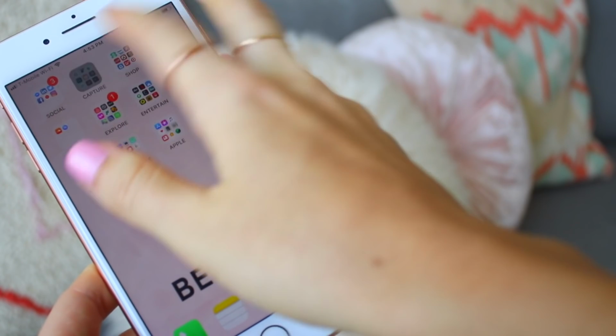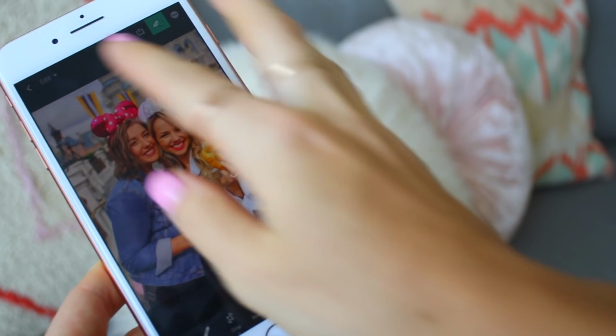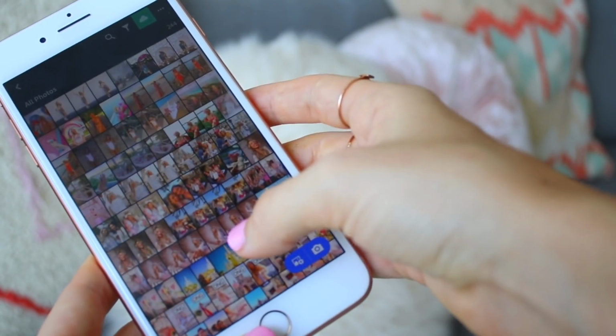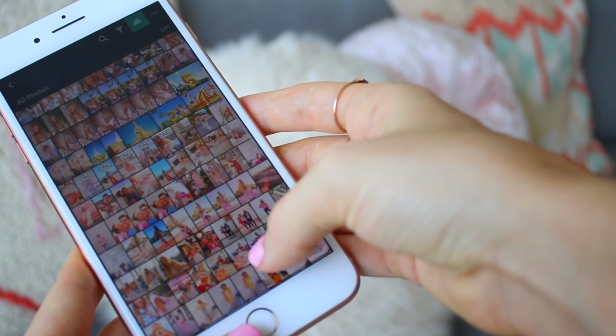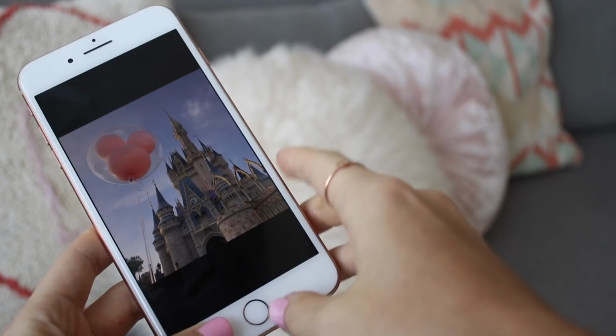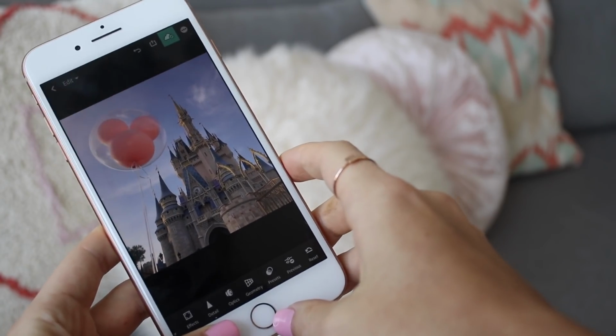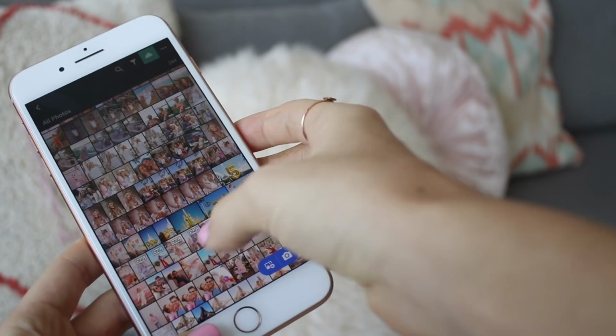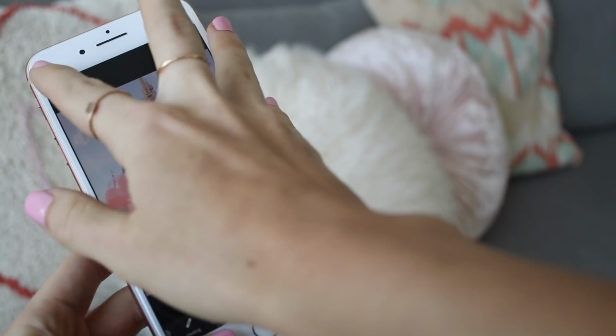Next, I want to just take you through Lightroom and show you how editing plays a big part in my Insta Stories. So really, you just want to start with a solid image that has really great colors and all that. So here's an image I took at Magic Kingdom, and right now it's cute, but I definitely want to brighten it up a lot. So I'm using my Lightroom mobile presets, and I'm using the one Dreamland to really just